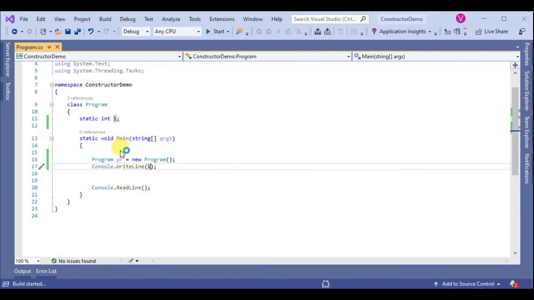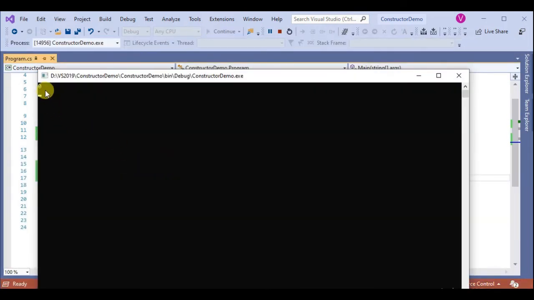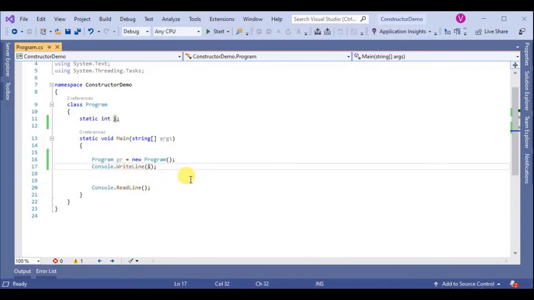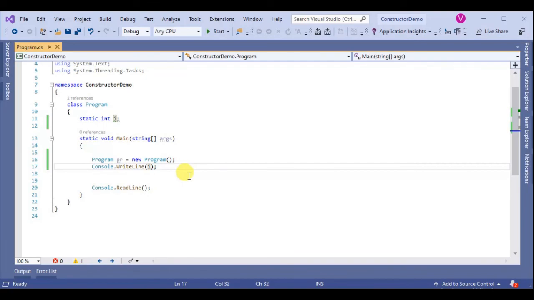Save and run. So 0 is printed because the compiler creates a static constructor inside the class Program. So that's why i is initialized to 0.